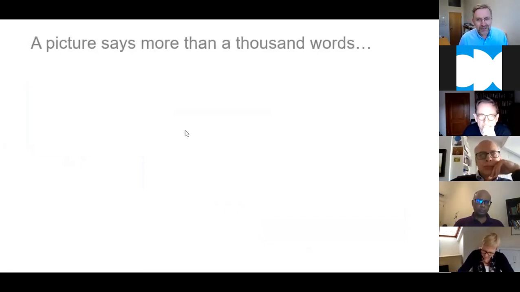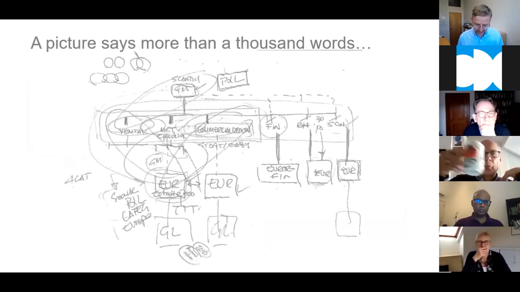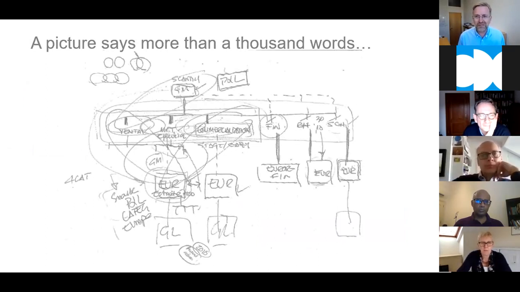Sometimes when I meet managers, I ask them to draw their organization. So I give them a piece of paper and a pencil, and I ask, why don't you draw the way you are organized? And this is how one executive did it. He is the head of a Scandinavian subsidiary for a large US consumer goods company. And we only had a 20-minute chat, but even though we only had 5 minutes to draw, this is the drawing he produced.